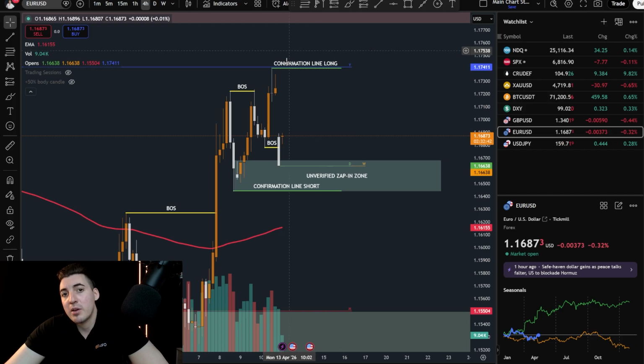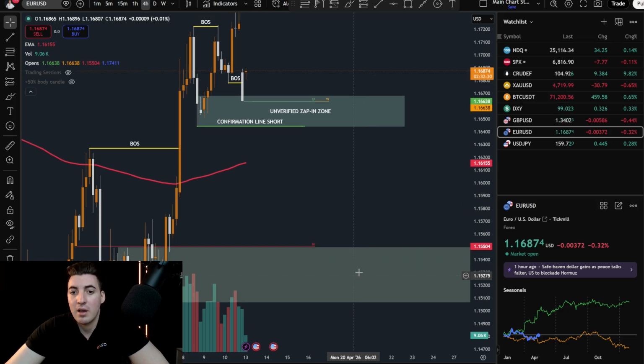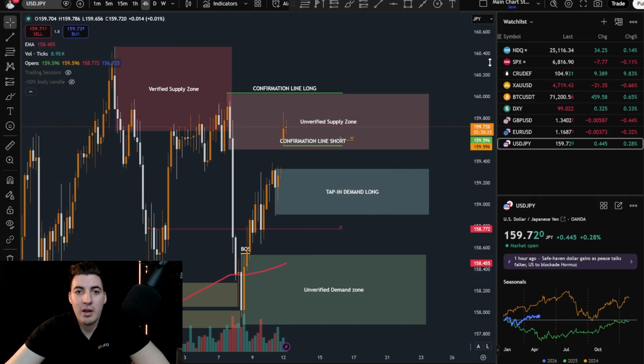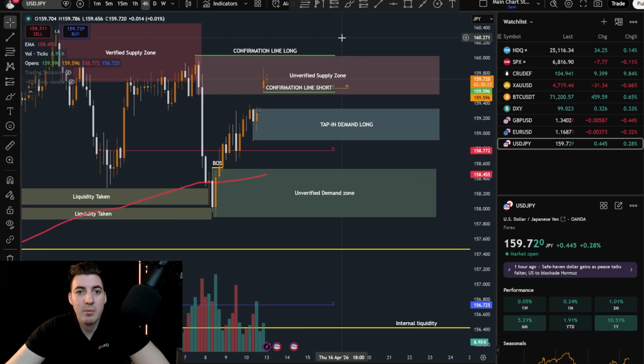If we do see a break of structure into the upside, I will wait for a retracement back into that demand zone before entering a long position. If it breaks this line down, if it breaks this confirmation line, I will then enter a short position targeting this area down here. On the USD/JPY, we are seeing that the price is pushing itself up quite aggressively, which